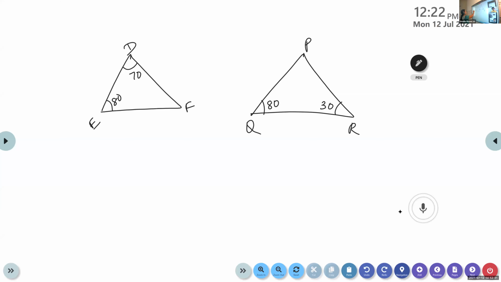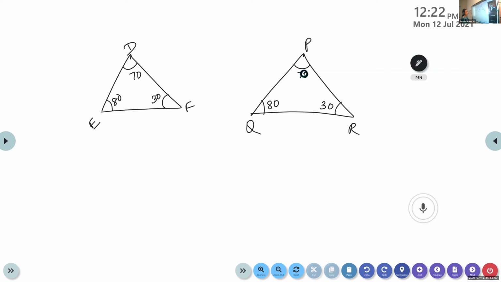Here it's looking at the angles. Here it is 80, 70 and 30. Not same. When we sum, we find the other angles. 180. Very good. Use the angle sum property. Two angles are known. We can find the third angle. What is the third angle? 80 plus 70, 150. Here it is 30. Here 80 plus 30, 110. It is 70.